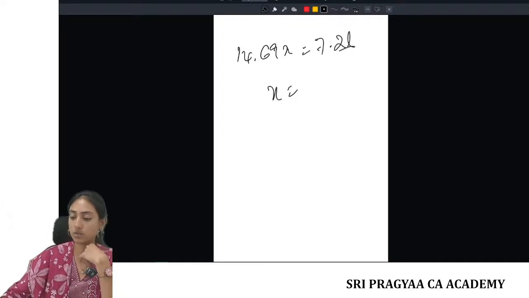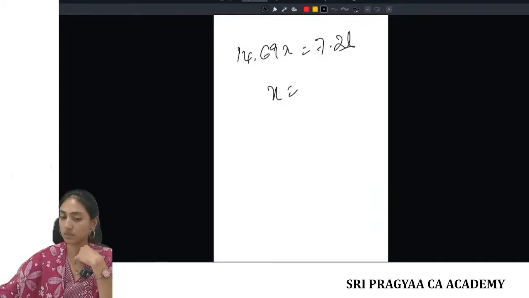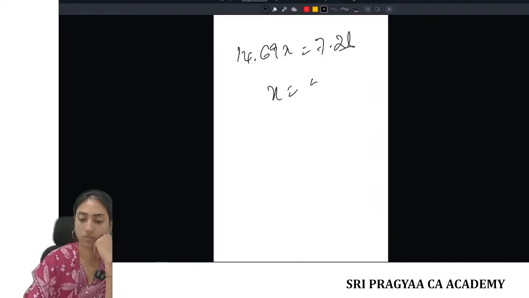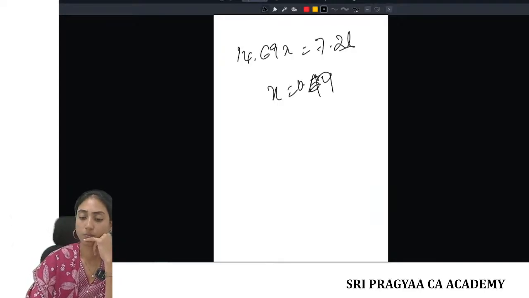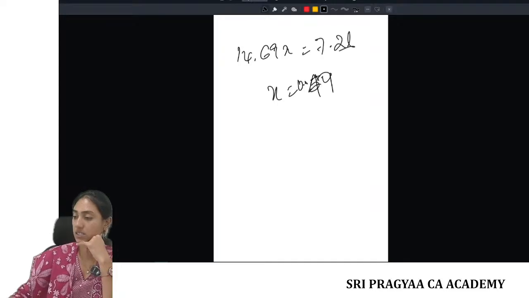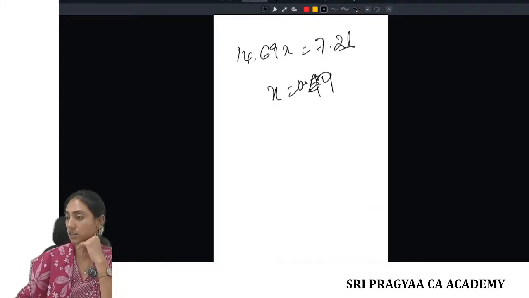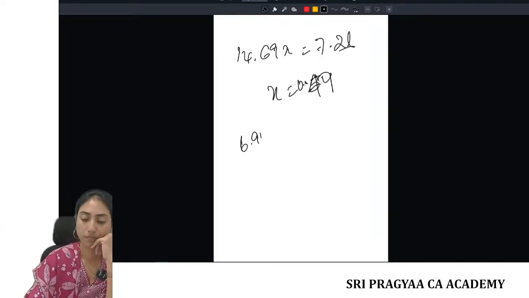So X is equal to 0.5 வச்சுக்கோ. இல்ல 49 வச்சுக்கோ. ஏன் 0.49. Okay, so my X will be in the ratio of, so 1 kg, that is, what is my,